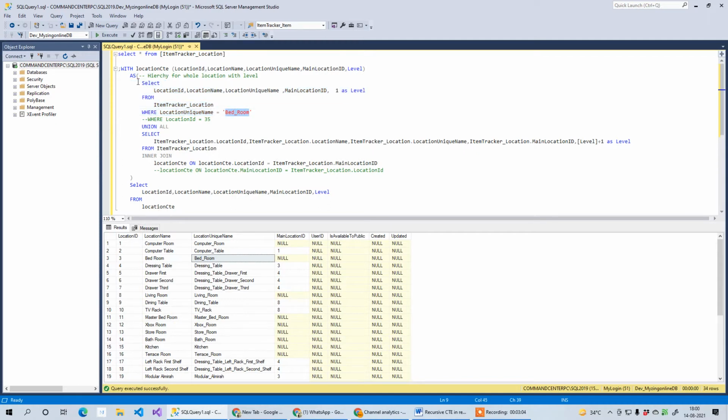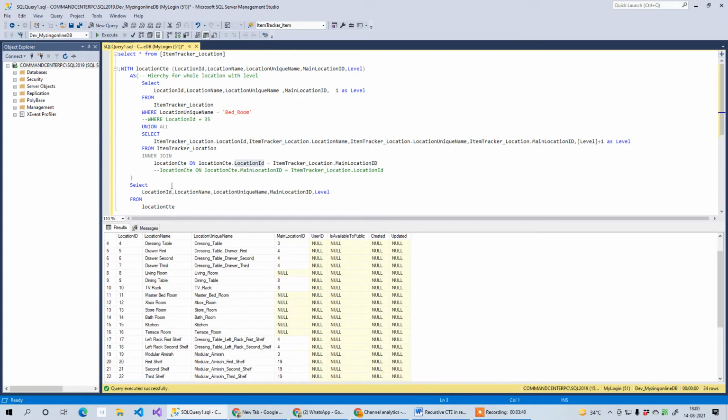This particular statement is very important. If you don't do that, then it is not going to work. And then we are doing a union all, and inside that union all, we are again getting data from the table, and then we are doing an inner join on our recursive CTE. As you can see, this is where all the magic happens, how it does the recursion. Every single time it passes, it will use this ID with this and create a hierarchy for us.